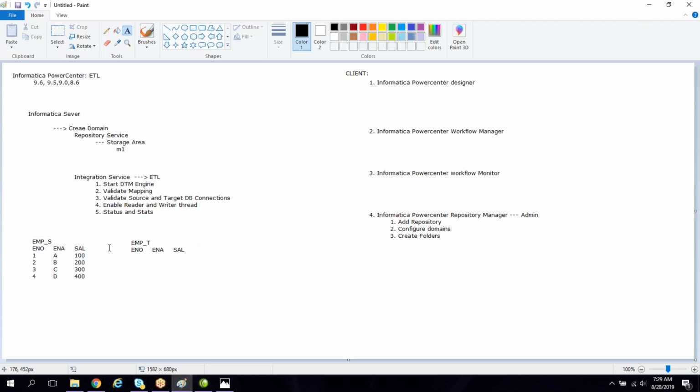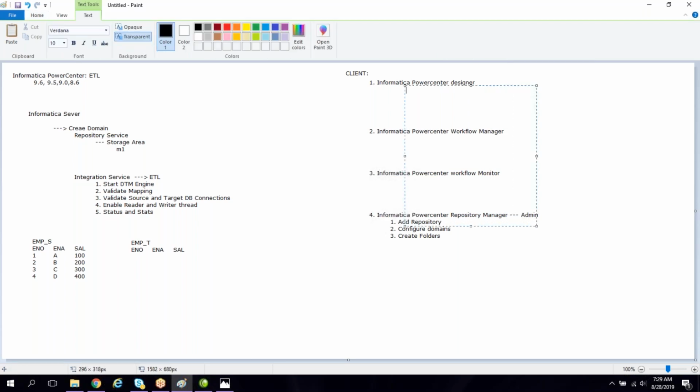For that, we have to open the PowerCenter Designer tool. Here, the first step is to import the source definition. Source definition means the source table structure. First we have to import the source definition, which is called the source table structure.